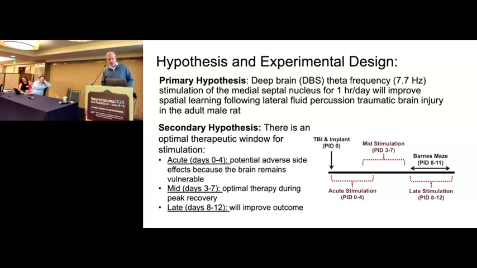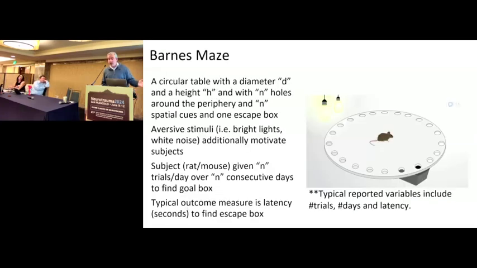And so overall, the experimental design here: after the TBI itself, what we had was Barnes maze data after injury on days 8, 9, 10, and 11. The idea was to see whether or not after stimulation there was an improvement in their spatial learning. If we're not familiar with Barnes maze data, this is kind of how it's